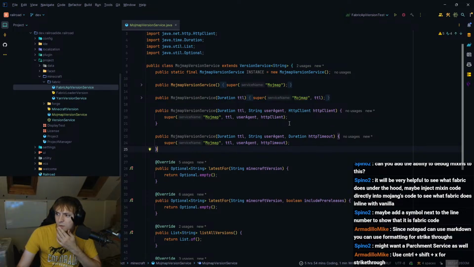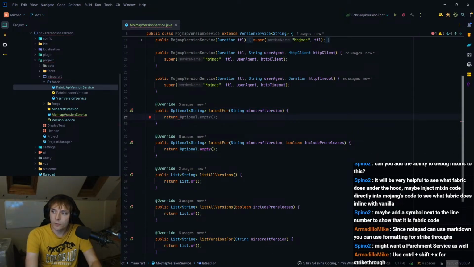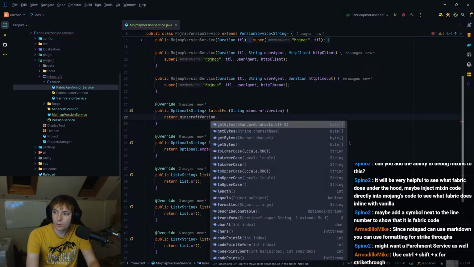Okay. So latest for Minecraft version. Return Minecraft version dot. Oh, it's a string? Why is it a string? I don't know, it shouldn't be a string.